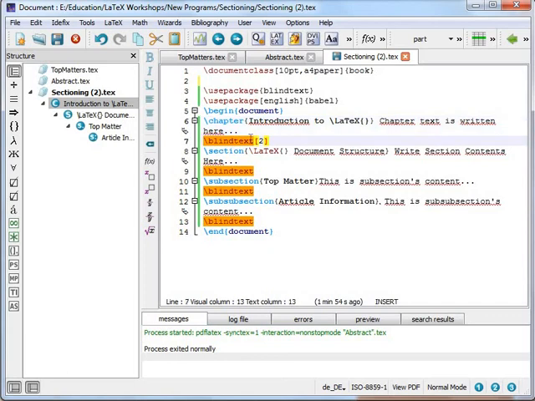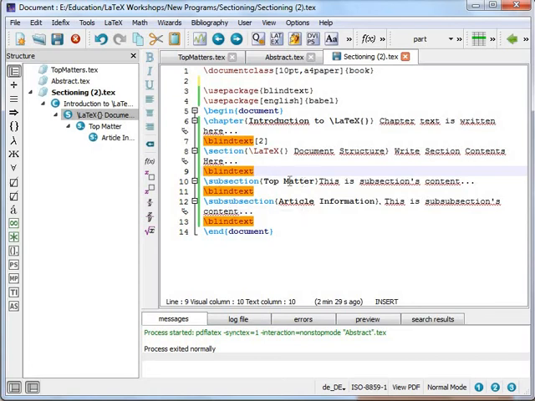Then I have added random text by using the \blindtext command, and within square brackets I am mentioning that there should be data up to 2 paragraphs. So the data will be up to 2 paragraphs. Then I am using another section and giving a heading to this section. This is the first section, and the content. Here also I am adding the \blindtext command. So this blind text command will create one paragraph of random text, which will appear over here after "write section contents here".